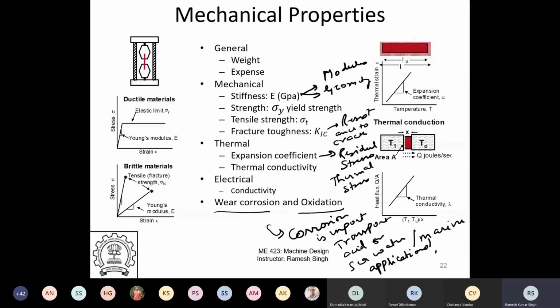Now, the idea of this session was trying to identify what are the mechanical properties and how do we go ahead and choose those mechanical properties. So primarily what happens is,